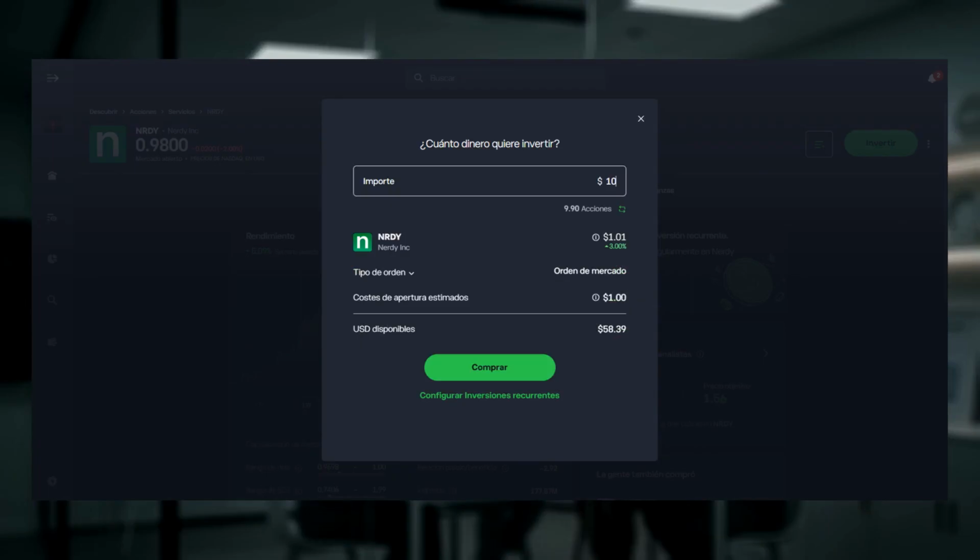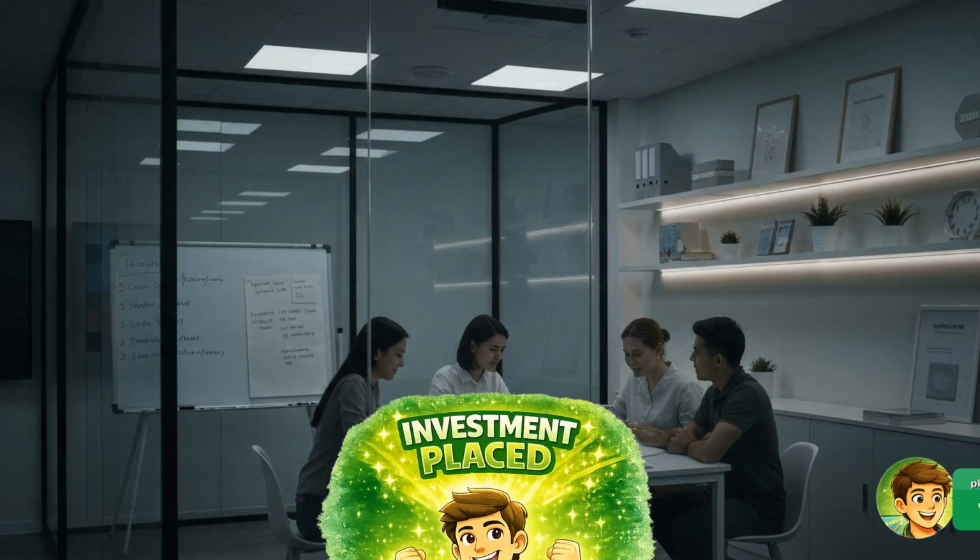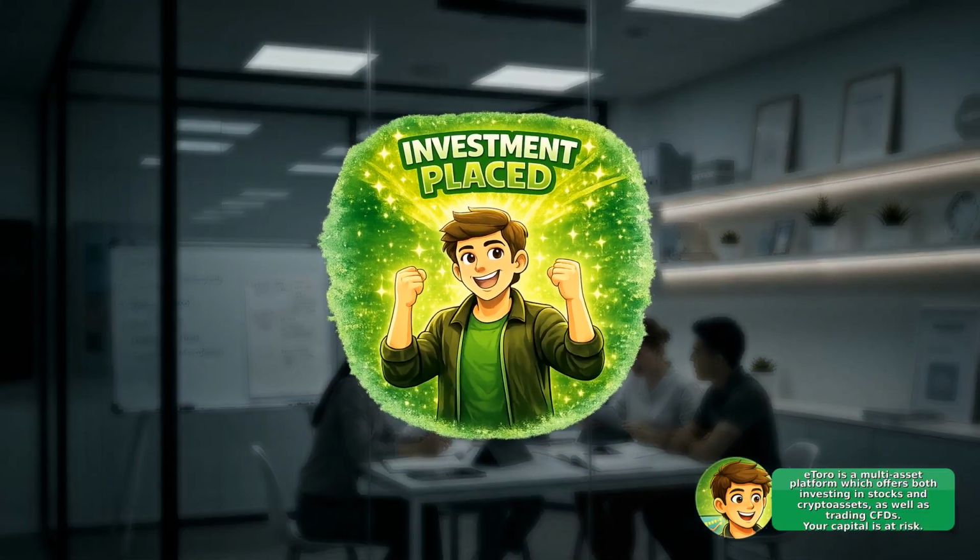If the market is closed, the order may be scheduled or executed at the next market session. And if funds are insufficient, the platform will ask you to add money before final confirmation. After the trade executes, your position will appear in your